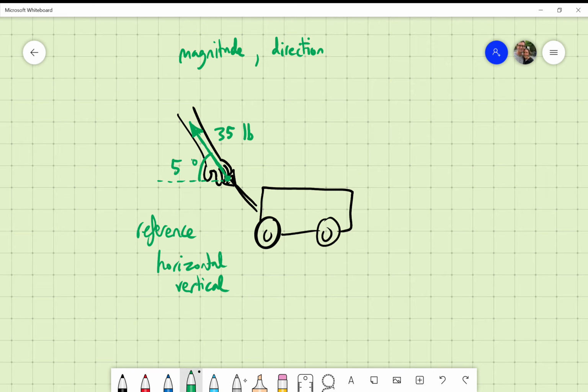Let's say that it's 50 degrees. Now, it would have also been correct. I could have had the option. Maybe I could have showed that vector again. Okay, still 35 pounds. But I could have also chosen to use a vertical reference line. And if I had done that, the angle that would have been right here would have been, drum roll,